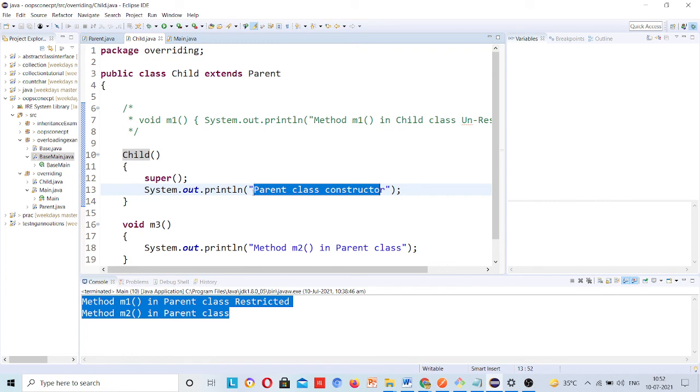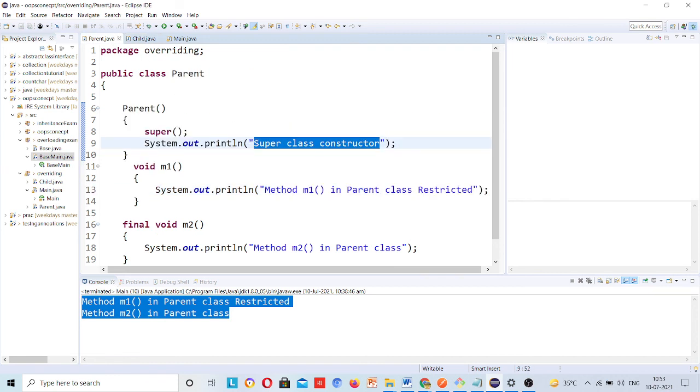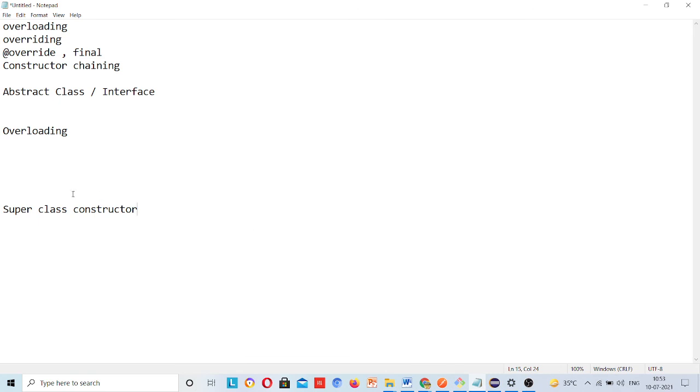I have written this in a wrong way: this is the child class and this is the parent class. So the first line printed is the parent class constructor, and the second is the child class constructor.